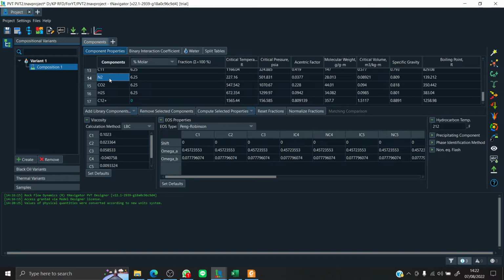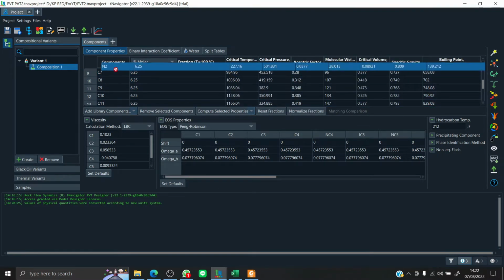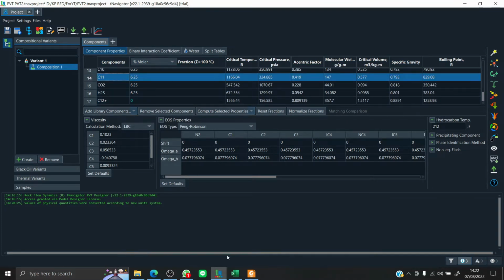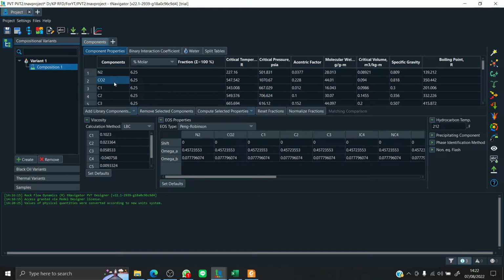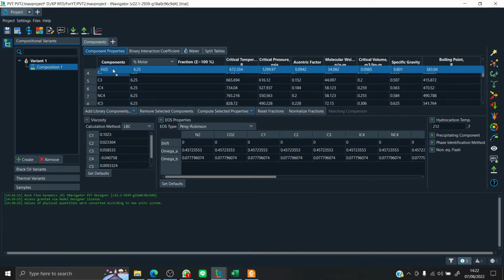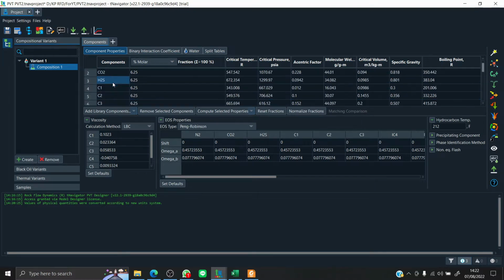Just click on the components and then right click and drag, and then drag it to the top. N2. The second one is CO2. Let me just drag it again. And then H2S in row number 3. Okay, there we have it.